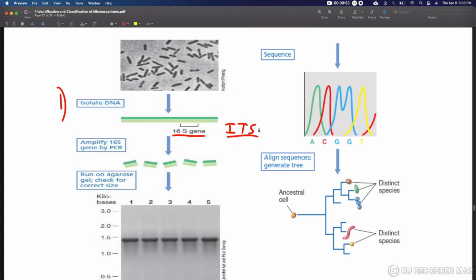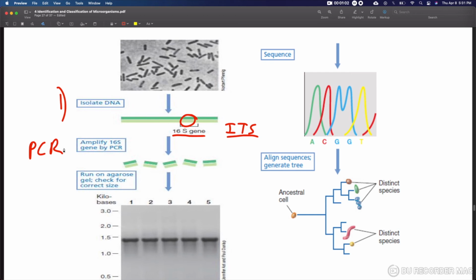Different groups of organisms use different genetic markers, depending on your organism of choice. So for bacteria, we only amplify the 16S gene, using what we call PCR, polymerase